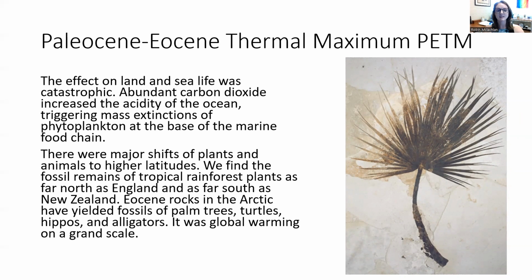Because of this, there were major shifts of plants and animals to higher latitudes. As the Earth warms up, plants and animals migrate to colder regions of Earth. So they're migrating towards the poles. And we find fossil remains of tropical rainforest plants as far north as England and as far south as New Zealand during this time. So this fossil of a palm was actually found at a really high latitude that today